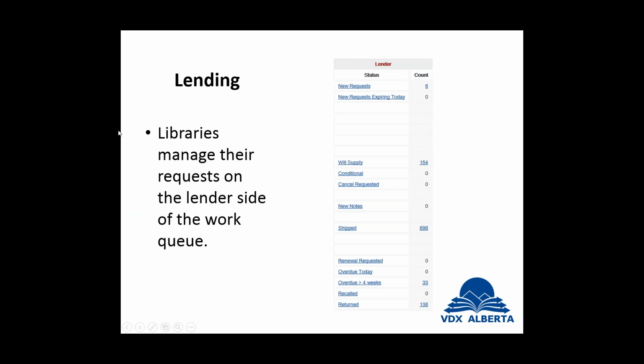Once they say yes or no, it's going to go to will supply if they can say yes. If they said no, it's just going to disappear. It's not going to be on their queue at all anymore. But once they say will supply, it's going to come here, and then it's going to stay there until they mark it shipped. Then it's going to stay in shipped until the borrowing library marks it received, at which point it's going to actually go down to, I don't think it's actually on that screen anymore, but it will disappear